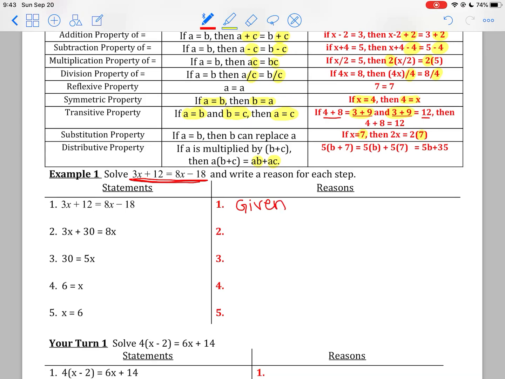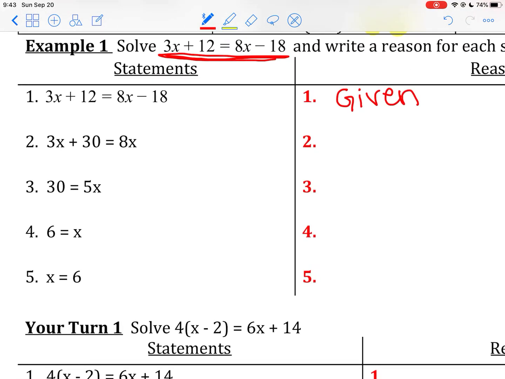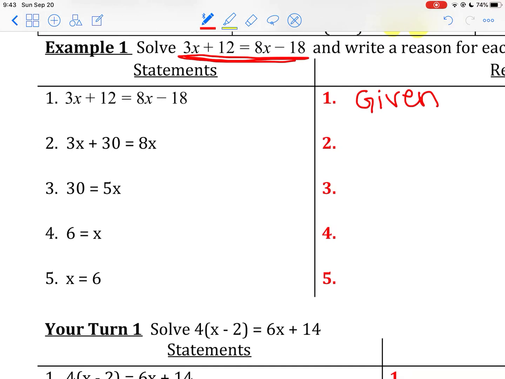So anytime you start a proof, you can get that first step automatically because the equation that they gave us goes in the first statement. And the first reason is given because it was given to me in the question. Then you'll notice that some of the work part has been taken out in this two-column proof. So when you're thinking about a two-column proof, each time you're starting with an if. So if 3x plus 12 equals 8x minus 18, and the next step is thought of as like your then